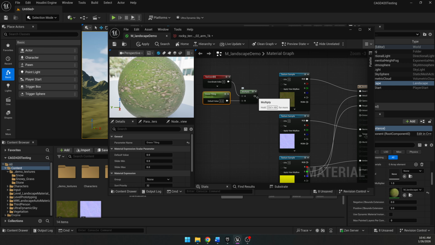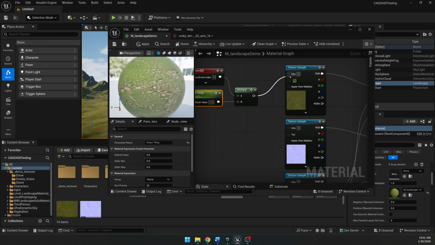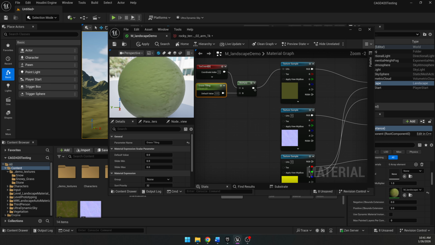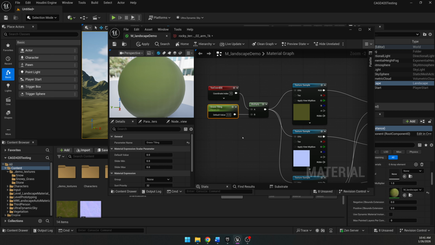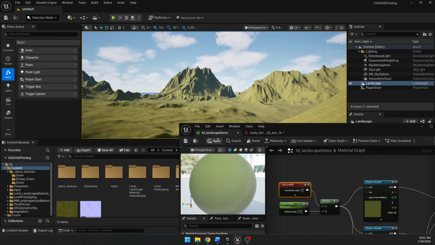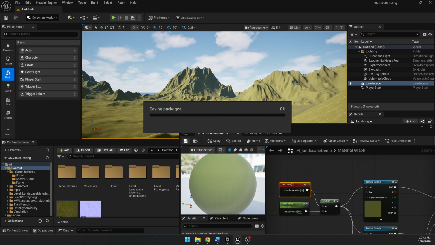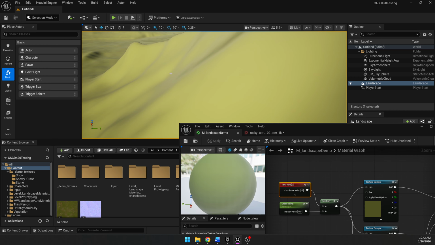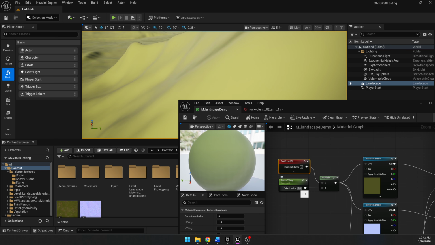And this multiply node is going to go to the UV of each of our textures. What this does is it just changes the tiling after the fact. So instead of maybe being 4 by 4, you can change it to 10 by 10 or 0.1 by 0.1, so you can control the intensity of the UVs. If I hit save right now, it's just going to go flat green because my tiling default value